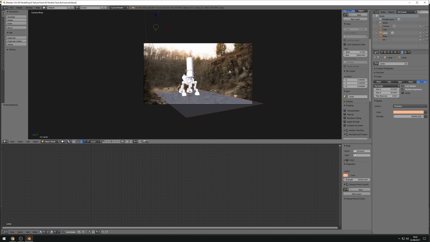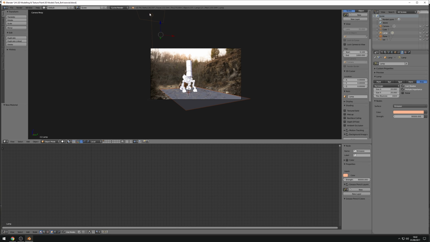So make sure they're both selected. I shift click them both in here. So it's just the floor and the light, nothing else. I'm going to press M to move to a layer. And instead of just shifting them to 2, so the object's on 1, they're on 2, I'm going to